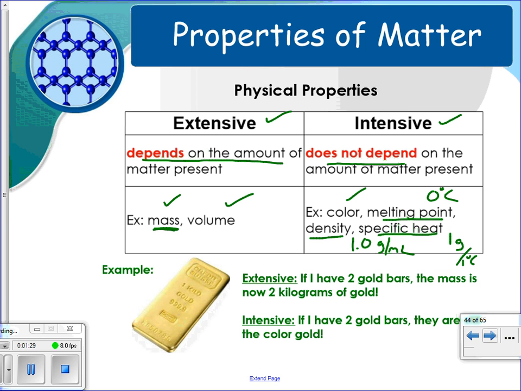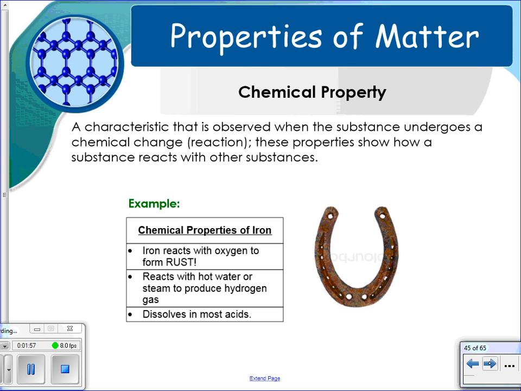Okay, some examples. Extensive: if you have 2 gold bars, the mass is now 2 kilograms of gold. If you look at this, 1 kilogram, and if you have 2 of them, then you're going to have 2 kilograms. Intensive: it doesn't matter if you have 1 gold bar or 2 gold bars. They're still the color gold. Whenever you record data in class in any lab, we want you to always think about whether that data is